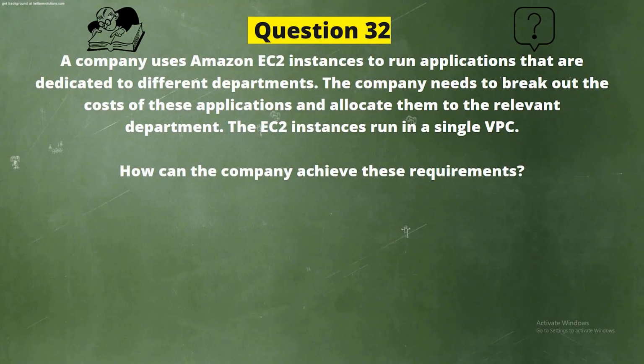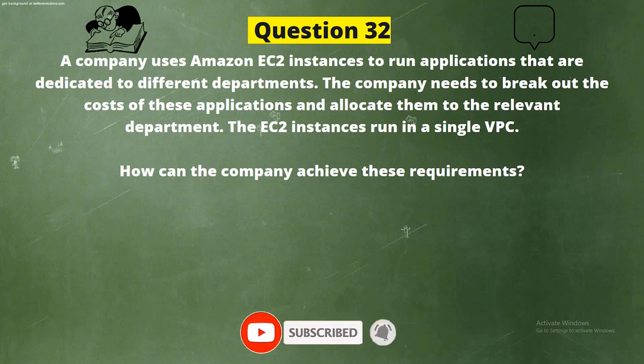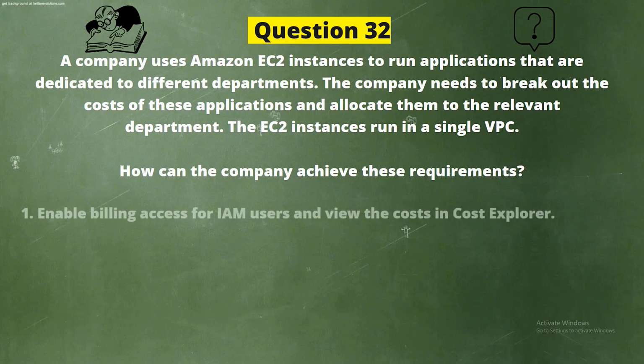Next question. A company uses Amazon EC2 instances to run applications that are dedicated to different departments. The company needs to break out the costs of these applications and allocate them to the relevant department. The EC2 instances run in a single VPC. How can the company achieve these requirements? And the options are: